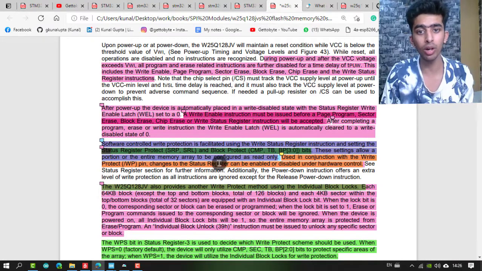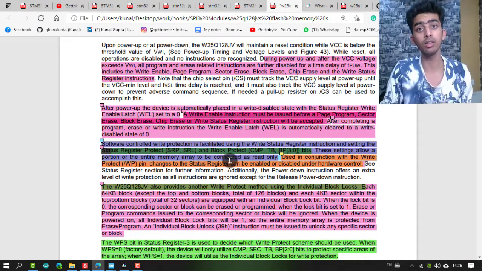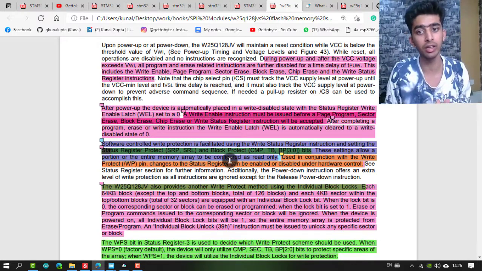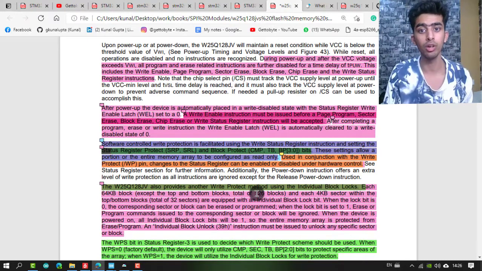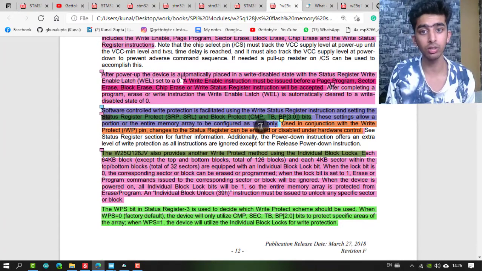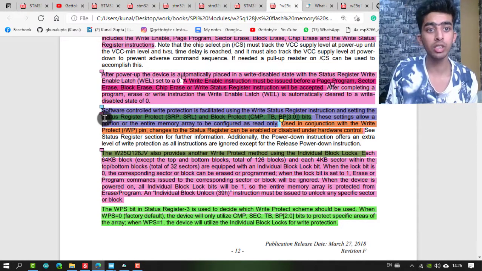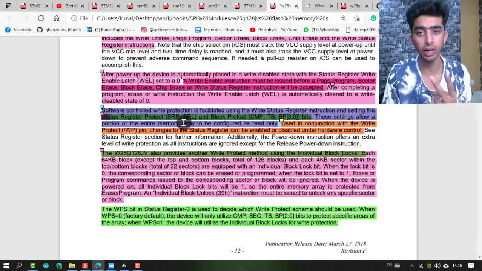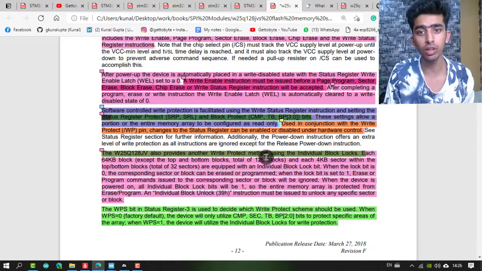And in the first way, we protect a certain section of our memory either from the top, from the bottom, or from the middle side. Whereas in this one, we can protect a particular block or sector of the memory. The first way, status register protect and block protect bits, is configured using status registers 1 and 2, and the other one is configured like individual block locks.